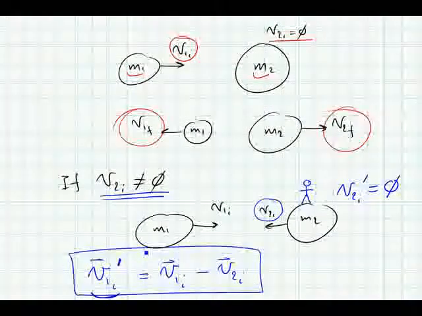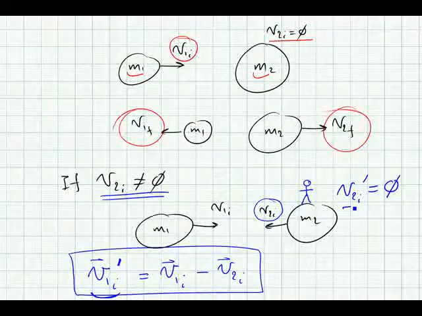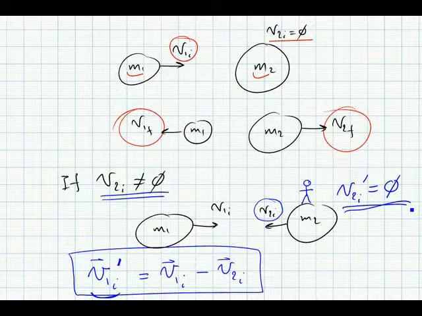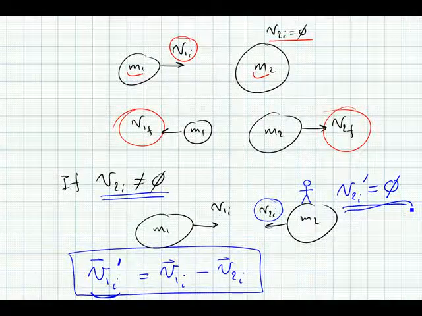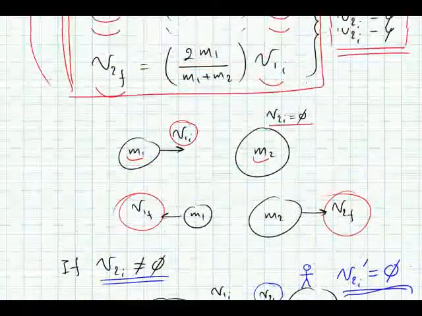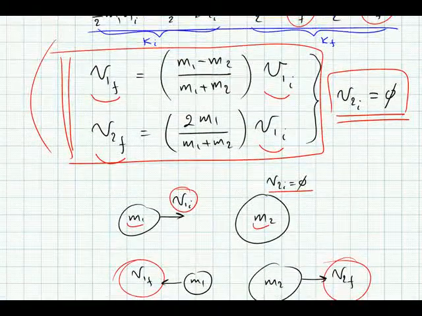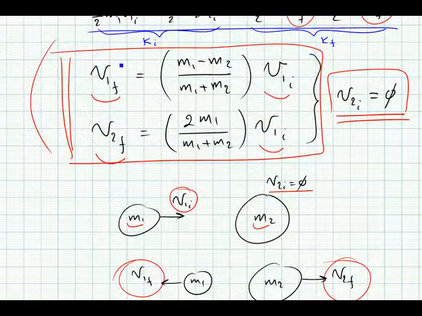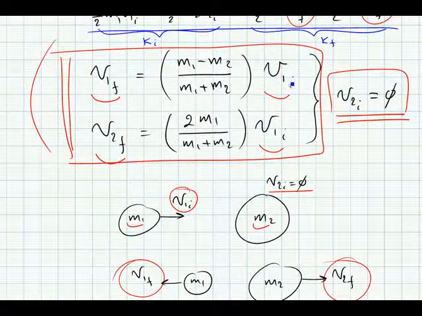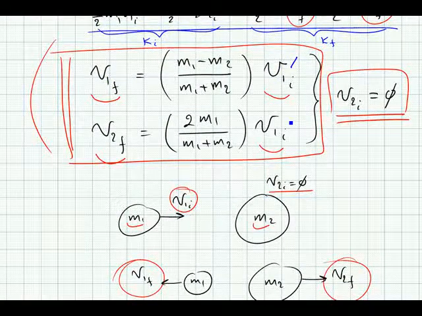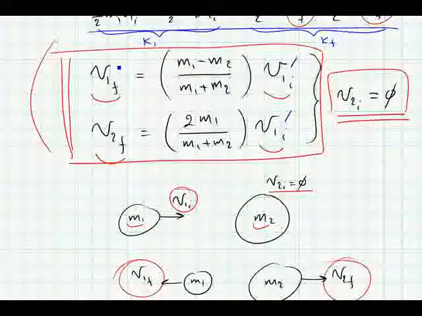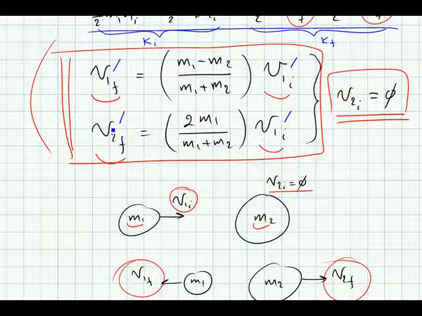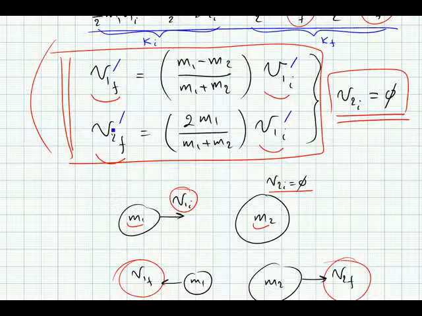Of course, if our reference frame is situated on mass 2, that means that v2i prime is 0. So now we can go ahead and use the relationships we had, except remember that now instead of v1i, we have v1i prime here, and you will end up with v1f prime and v2f prime in this case,